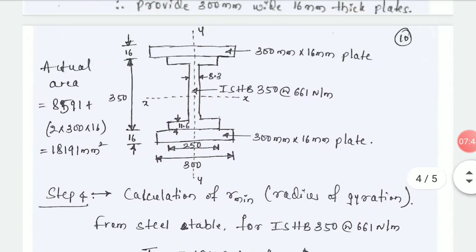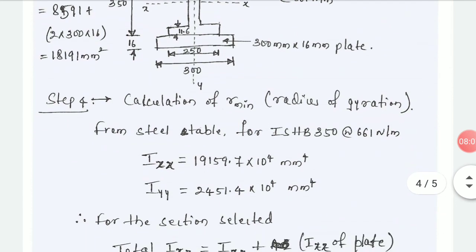From steel table I can get the radius of gyration in x direction and y direction for the I section considered directly, whereas for plates I need to calculate it separately. So the radius of gyration of this built up section is radius of gyration of the I section plus radius of gyration of the plates.